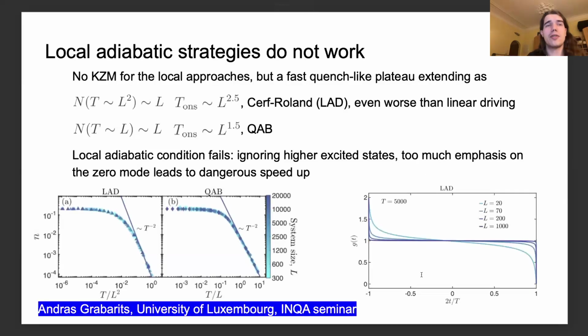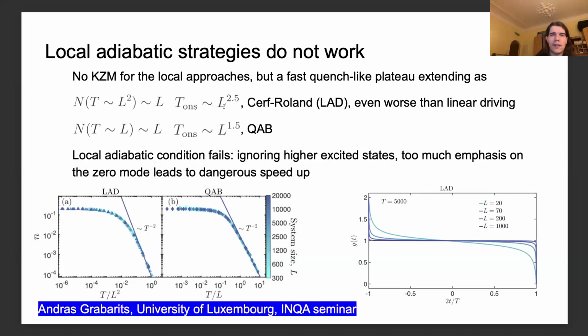However, as we showed, both of them failed to drive effectively the quantum phase transition of the transverse field Ising model. As a matter of fact, they don't even exhibit Kibble-Zurek-like power law behavior, because they rather exhibit a fast quench constant plateau, extending as L squared and L for the Sarfaroli or local adiabatic driving and the quantum adiabatic brachistochrone approaches, as can be seen here. Rescaling the time argument with L squared and L for the two approaches achieves very precise scaling collapse of the kink density curves. This implies then there is a fast decay. However, altogether they imply an onset of adiabaticity scaling as L to the power 2.5 and 1.5, meaning that the